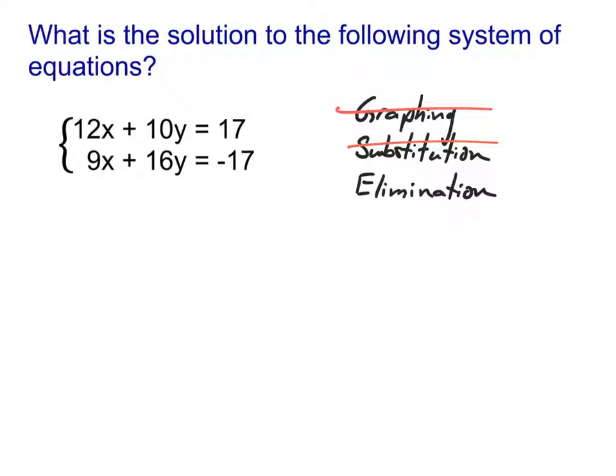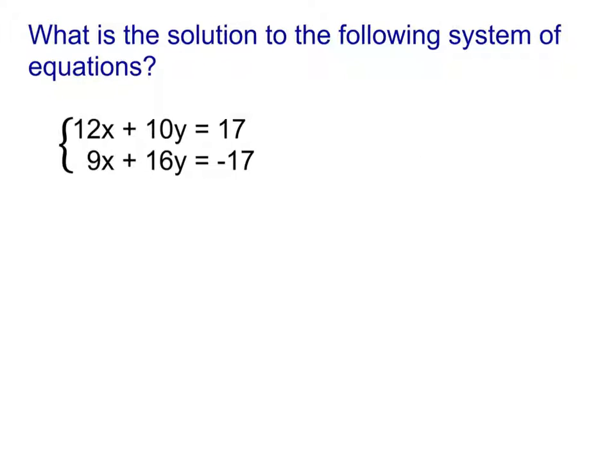And when doing elimination in this one, you really have to make some choices because you can have either the x's eliminate or the y's eliminate. I think they're both about as easy. Just pick one and then decide, okay, what can I multiply each equation by in order to make them the same? Now, if you're feeling totally stuck on how to do that,